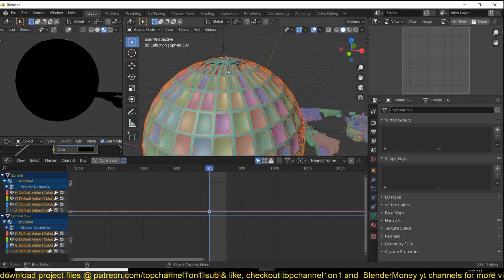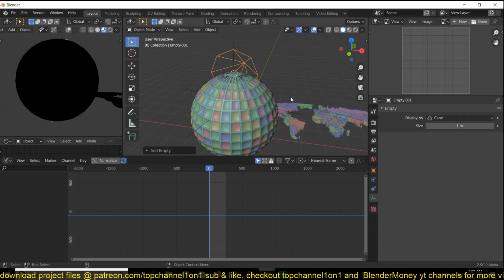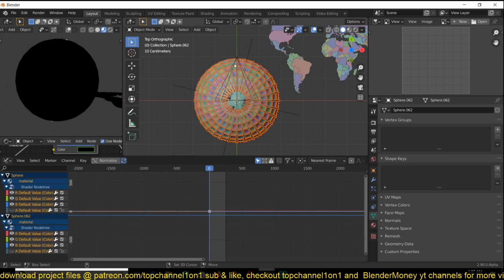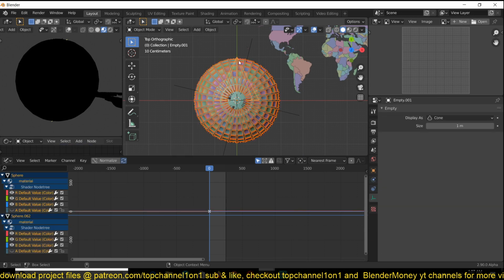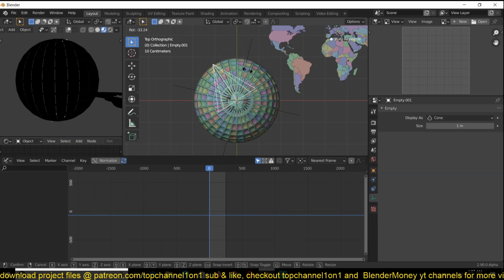Just grab the entire setup, maybe add another empty at the top, just like that, and parent this to that. Now we just give this its own rotation.